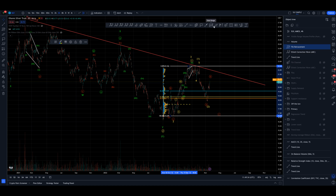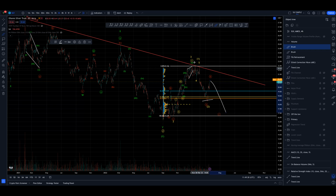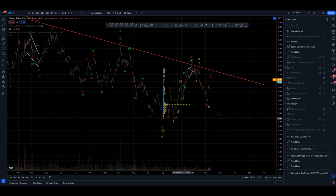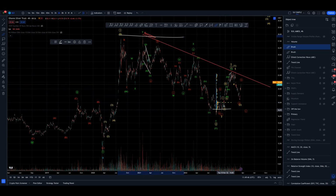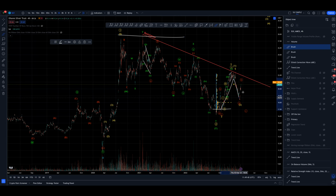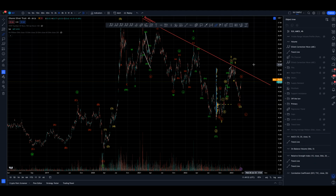Where's my drawing tool gone? Okay, and then we get turned around and we come down in a C, or it's bearish and it's 1 and 2, and we get stopped out. But we are closer to the lows than we are the highs, so it's always better, from a value point of view, after a retracement to look at a long trade, even though technically things are still bearish,